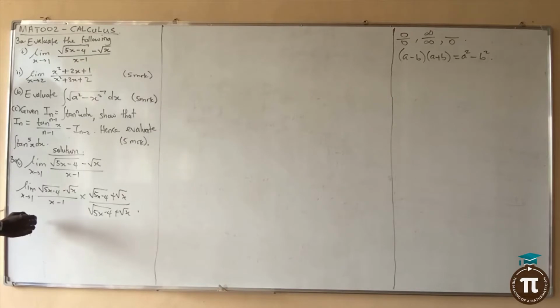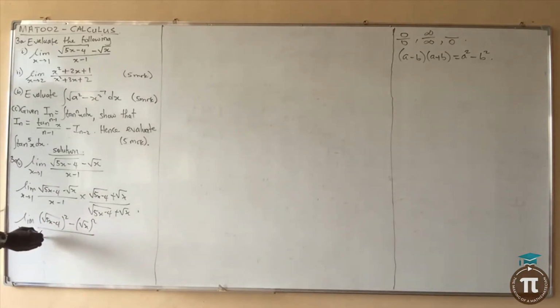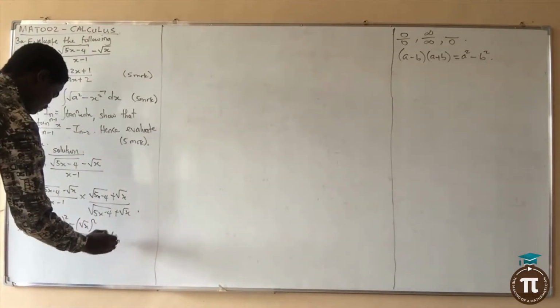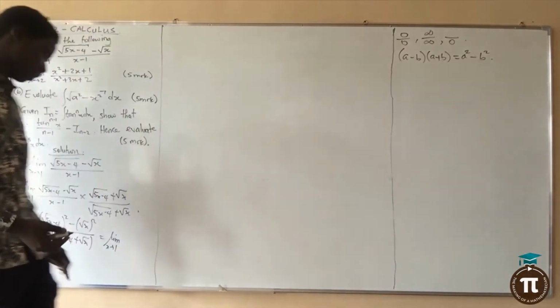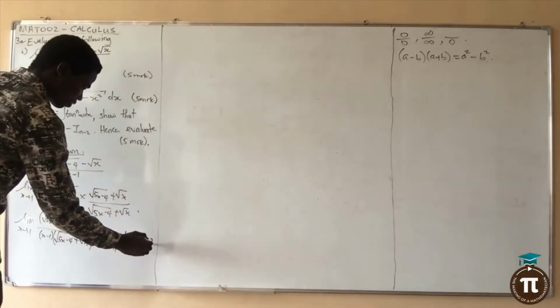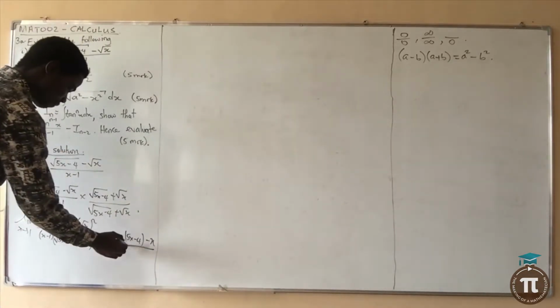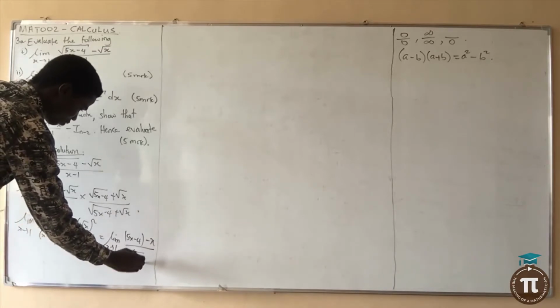as x goes to 1. The numerator will now become square root of 5x minus 4 all squared minus square root of x all squared, divided by x minus 1 times square root of 5x minus 4 plus square root of x. So by the time I'm done, the square will cancel the square root. I have 5x minus 4 then minus x, obviously the square has cancelled the square root, divided by x minus 1 times square root of 5x minus 4 plus